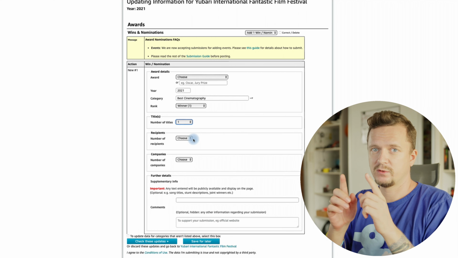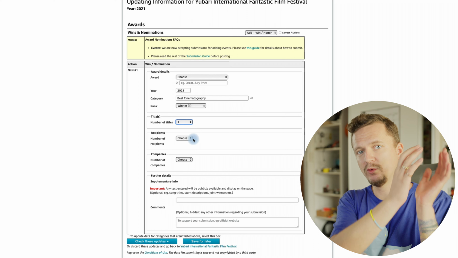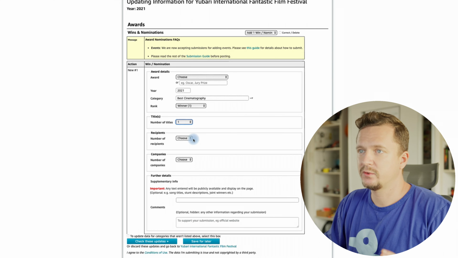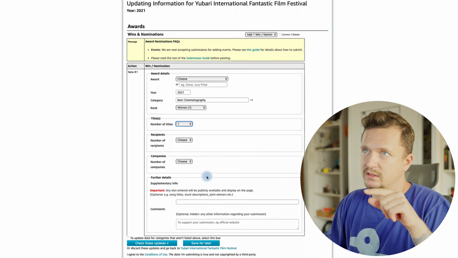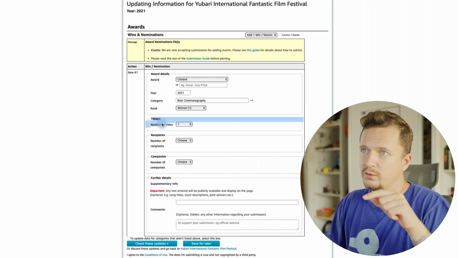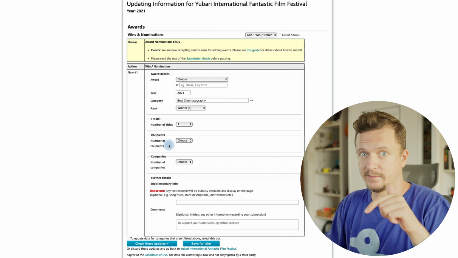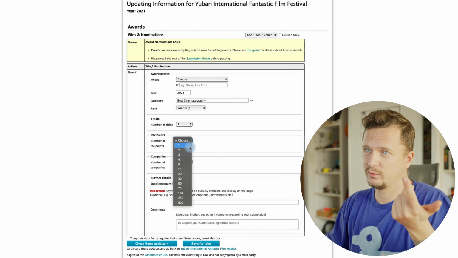So you remember there was one award list on the movie itself, and one was on a personal account. So here exactly the difference. This nomination title goes to your movie, and recipient goes to recipients who received this award. So let's say this was best cinematography, and probably it will go